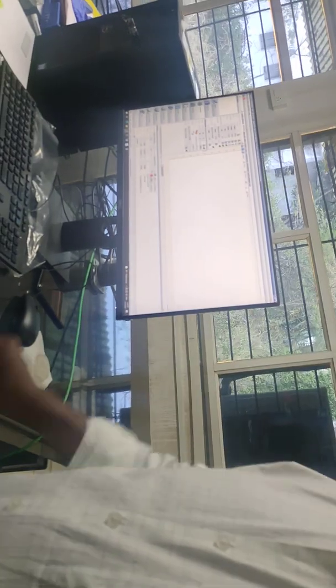So be sure of that, and if you still want to reduce the noise, what you have to do is increase the measurement time. Let's say 0.2, and maybe I will stop here, only in this region. After 20 only I'm going to scan. You can see here, now I'm increasing the measurement time from 0.01 to 0.2. I have increased it approximately by 20 times. Now you can see the noise will still be reduced.